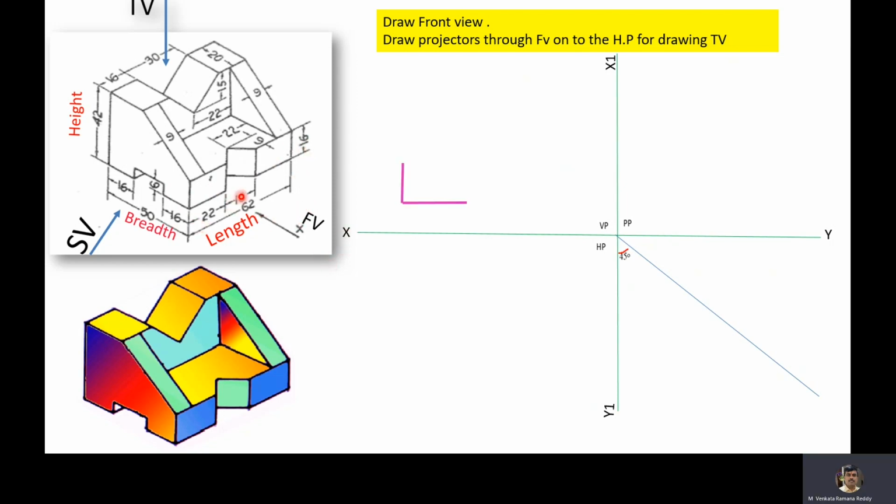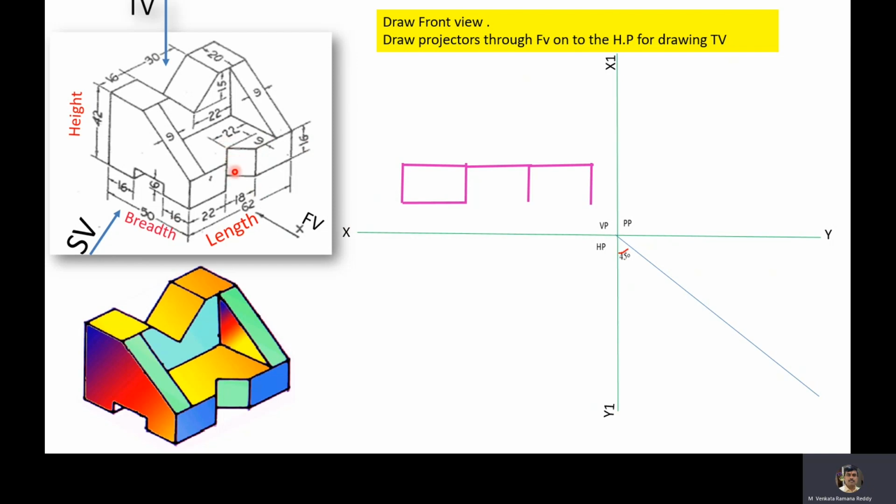This is 22 mm, 16 mm, 22 mm, and then this V groove, even though it has a depth of 6 mm, we'll draw it as straight. This total length is 18 and height is 16 mm. Here 16 mm, 22. This total is 18 mm. This height is 16 mm. This height is 16 mm.